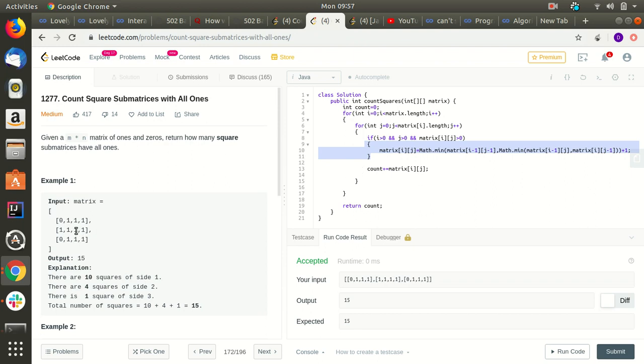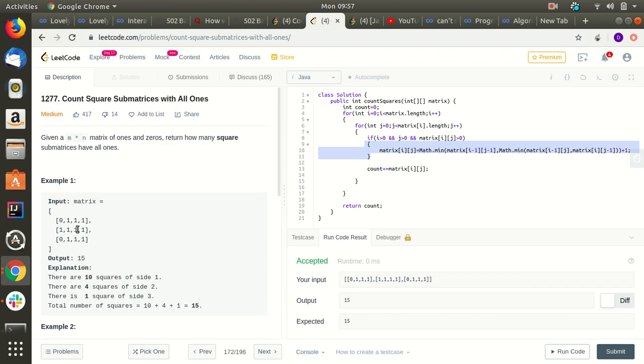Again we will come over here and we'll check what is the minimum of the upside, this and this, which is 1, and we'll add 1 to it, so we'll be storing 2 over here. So we'll add count plus 2, and go over here. Again over here the updated values will be 2 1 1, so 1 is the minimum of all three, then we'll add 1 and make it 2 over here also. We'll add it to the count. Again we'll come over here, only 0 will be added. Over here 1 will be added because 0 is the minimum, and we'll be adding 1 to it.